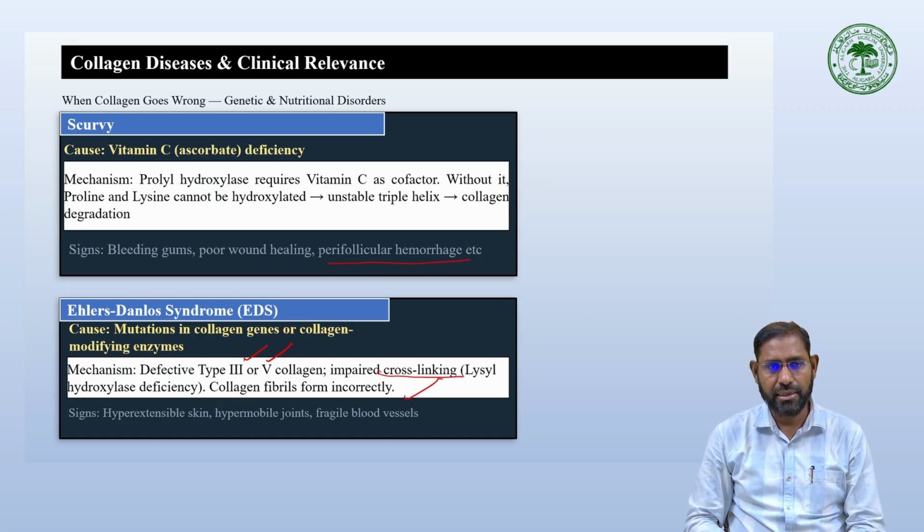And what are the signs of Ehlers-Danlos syndrome? Hyperextensible skin, hypermobile joints, and fragile blood vessels. These are the signs